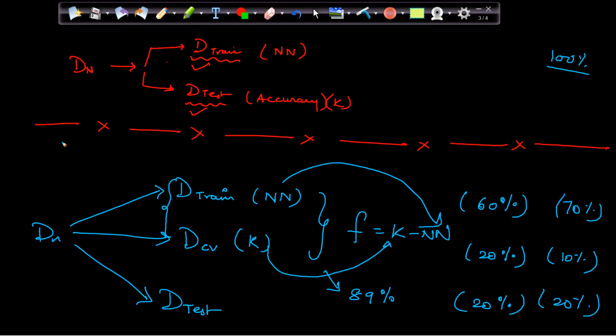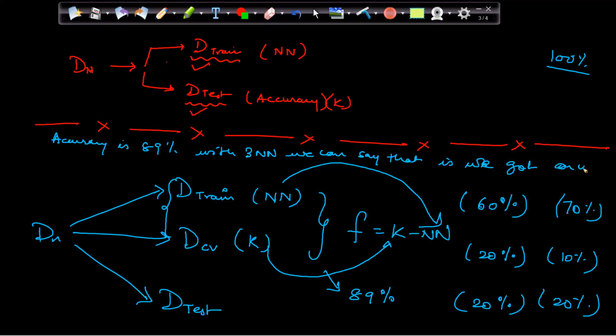Accuracy is 89% with, let's say, 3 nearest neighbor. We can say that this is what we got on unseen points,